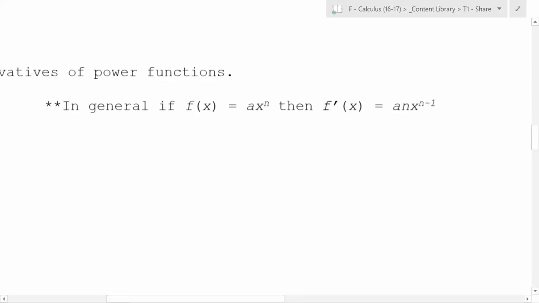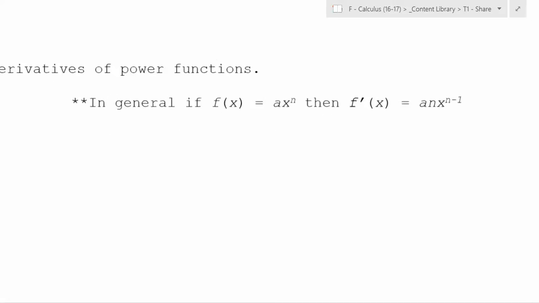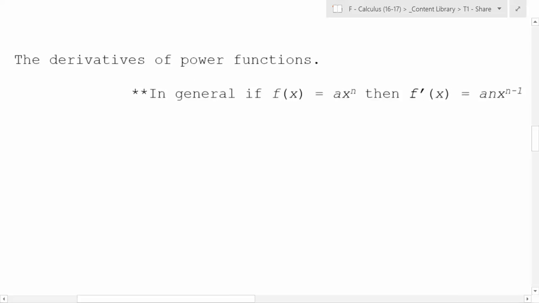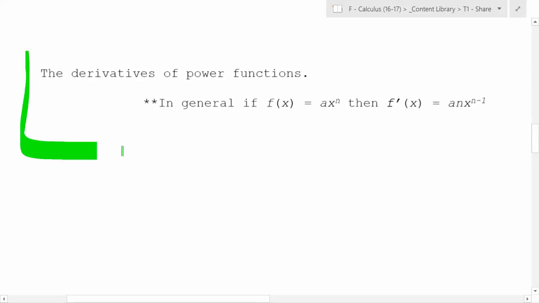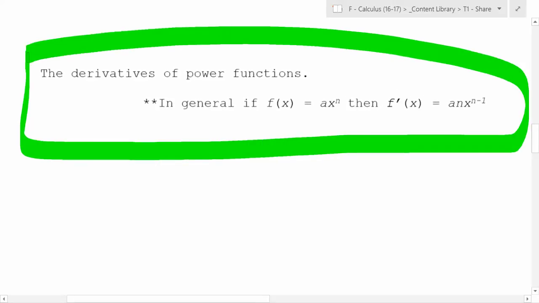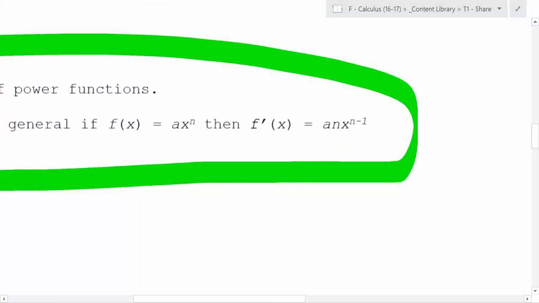Okay, so here is the payoff right here. This is the codification of the shortcut that you really wanted. And this is what it says. The derivative of a power function: in general, if f of x is equal to ax to the n, a is a constant and so is n,